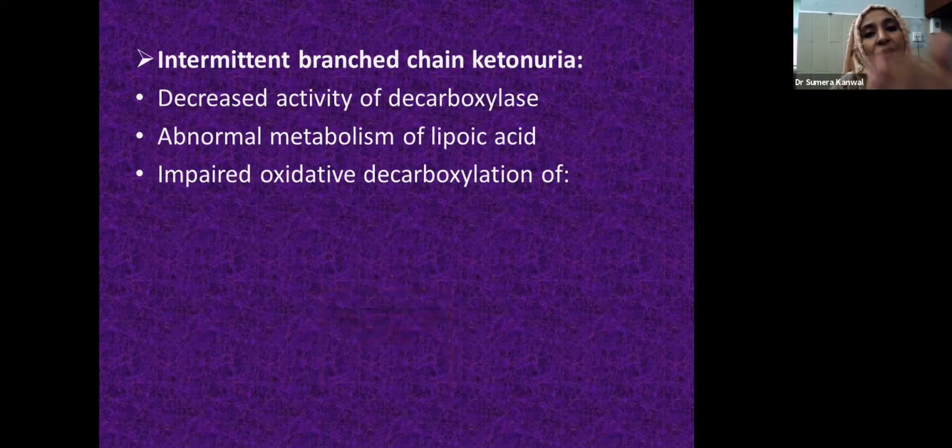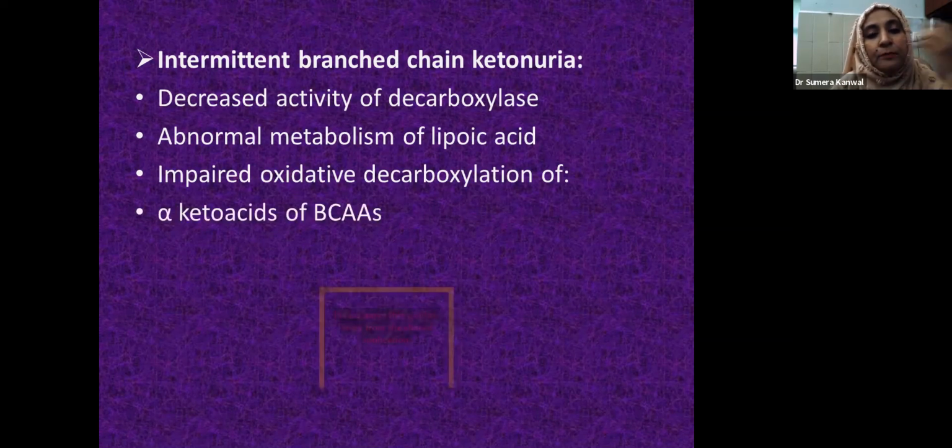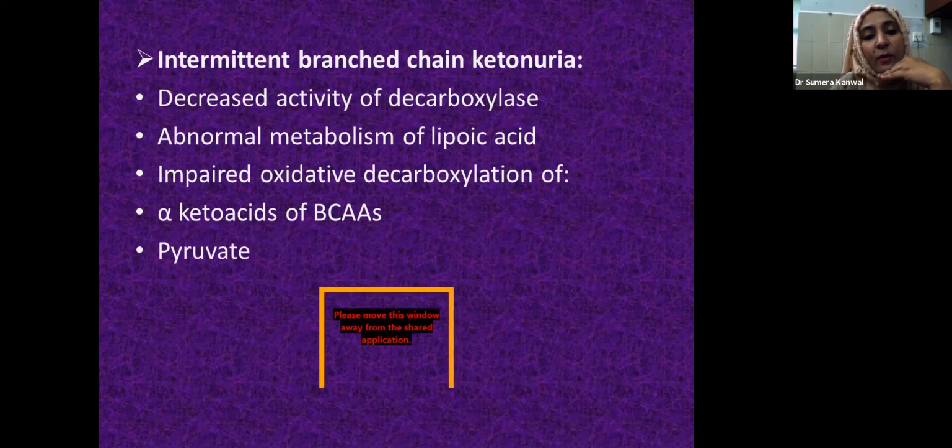They also require lipoic acid for their activity. So the deficiency of lipoic acid leads to decreased activity of the oxidative decarboxylase enzymes, which are required for the oxidative decarboxylation of alpha keto acids of branched chain amino acids, pyruvate, and alpha ketoglutarate. The pyruvate and alpha ketoglutarate are involved in glucose metabolism,